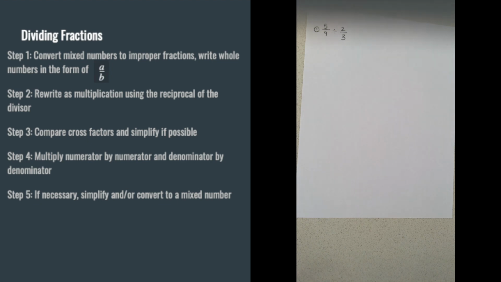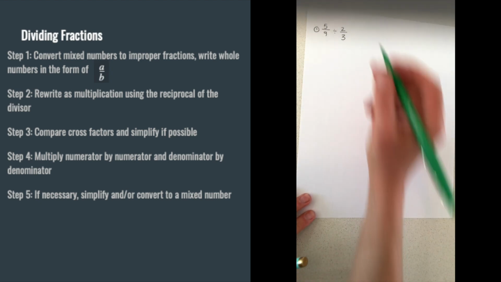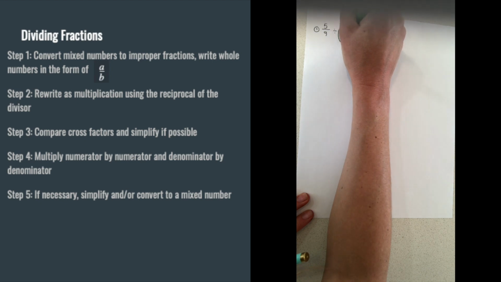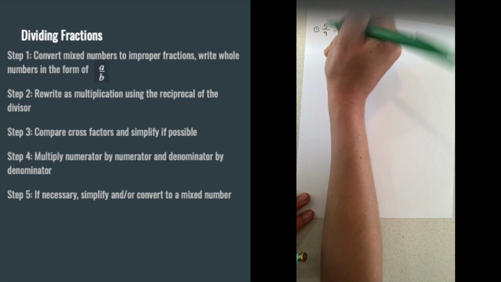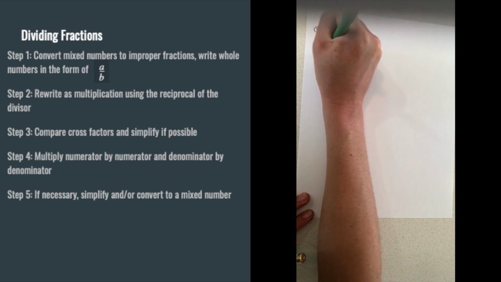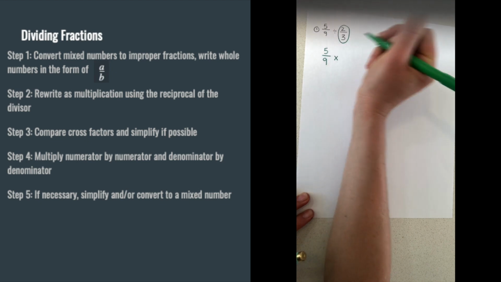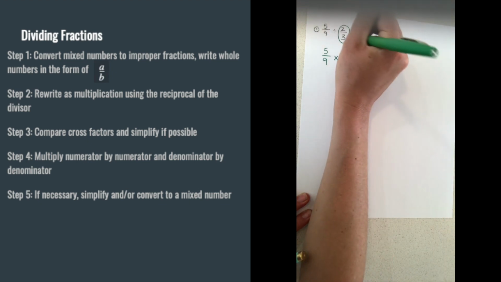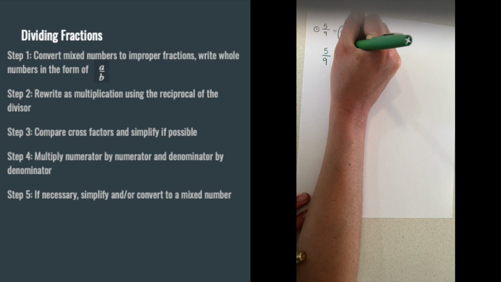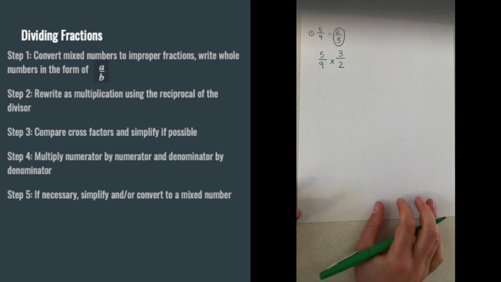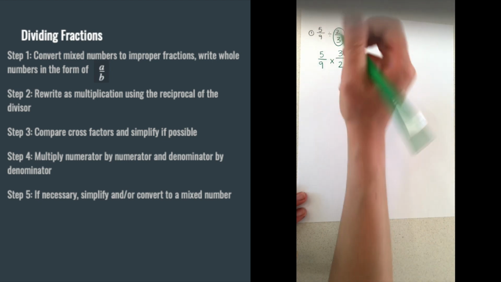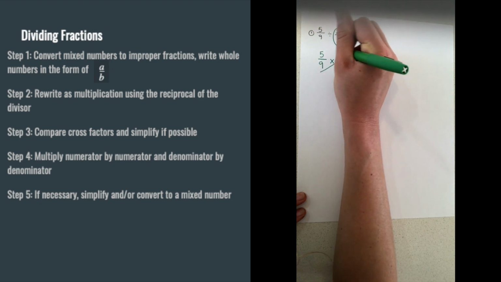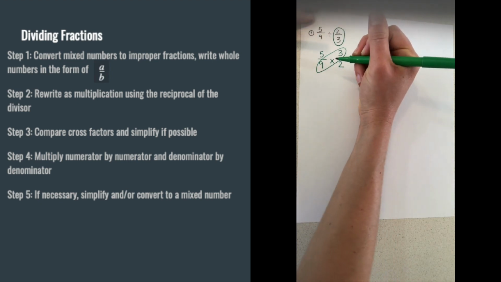This is where things get tricky. Step 2 says to rewrite as multiplication using the reciprocal of the divisor. Let's first identify our divisor. It's 2 over 3. So we need to rewrite this problem as multiplication using the reciprocal of the divisor. And the reciprocal of 2 over 3 is 3 over 2. Now we can jump to step 3. Step 3 tells us to compare cross factors because we're now following the steps of multiplication